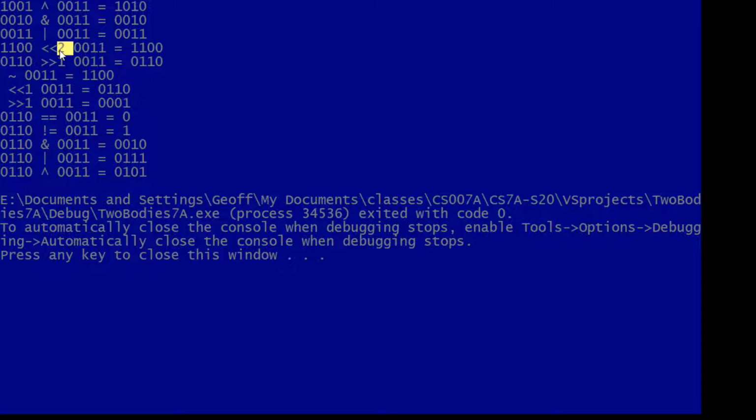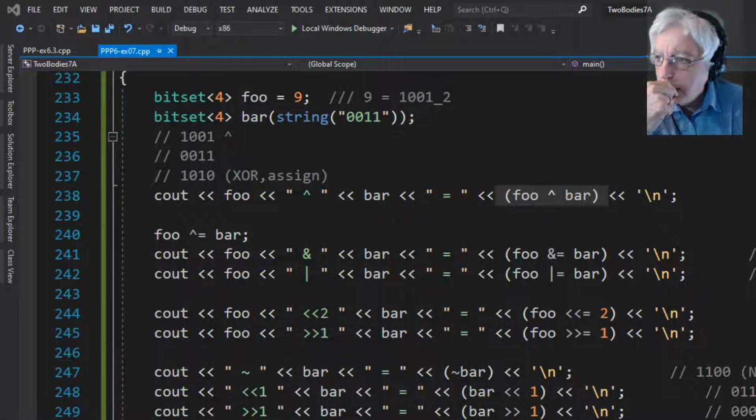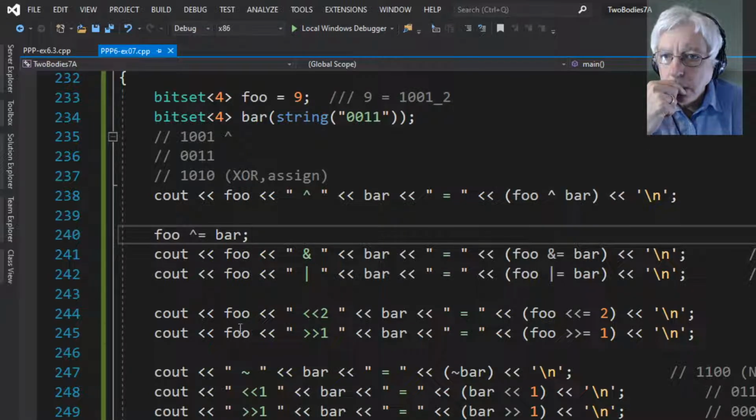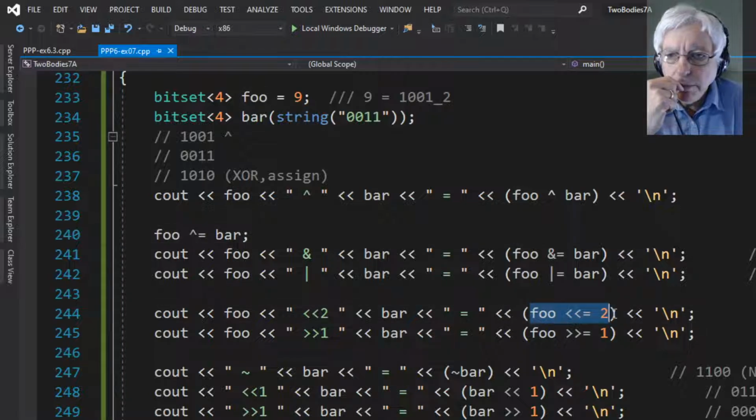What does that 2 mean there? Let's go back to the code. Oh, okay, so we're taking foo, which is 1, 0, 0, 1,